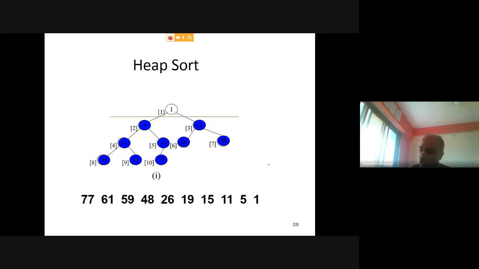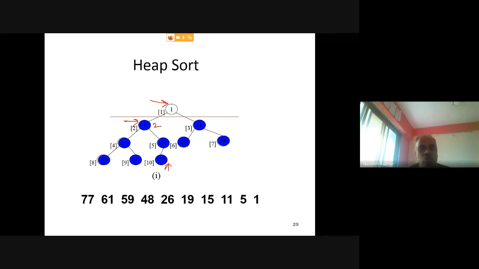So finally, you only need to work up to the second last element. If you sort n minus 1 elements, the root element will automatically be sorted, because it will remain with the smallest element once all the other n minus 1 elements are sorted. So in each iteration you are starting from n down to 2.